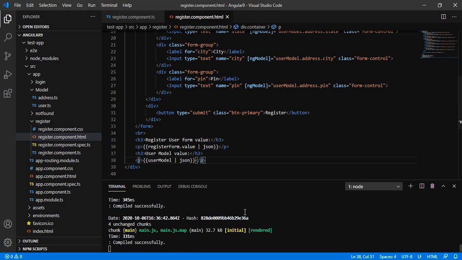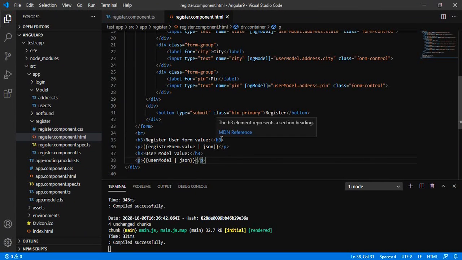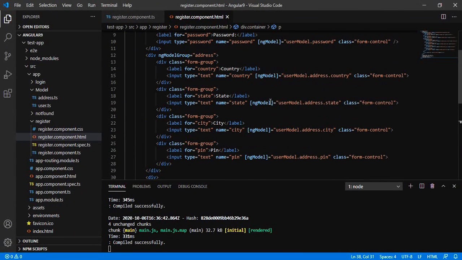Now let's see. This is the value that is currently bound, and if I update the value of pin, it is updated in the register form but not in the model, because it is bound one way. In one-way binding, the model value is bound to the view, but the view is not bound to the model. So that's why the view is updated, the model is not updated.